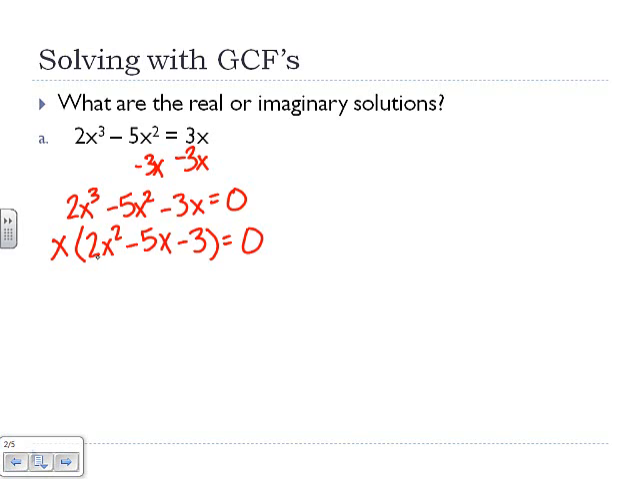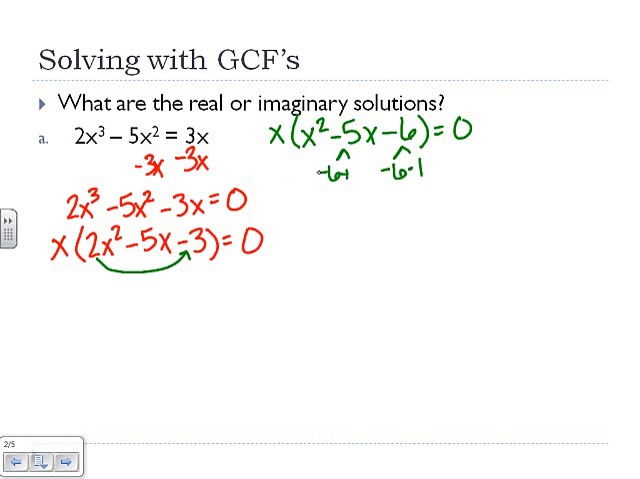Continuing our factoring from chapter 4, we're going to do 2 times negative 3. Leaving the x outside, now we have x squared minus 5x minus 6 equals 0. What are the factors of negative 6 that make negative 5? This would be negative 6 times 1